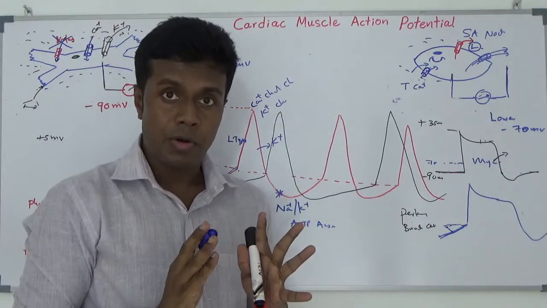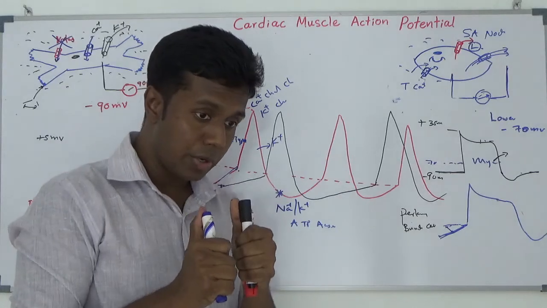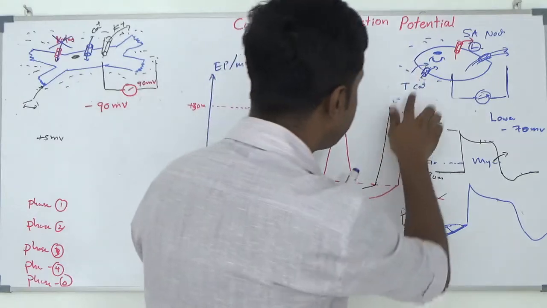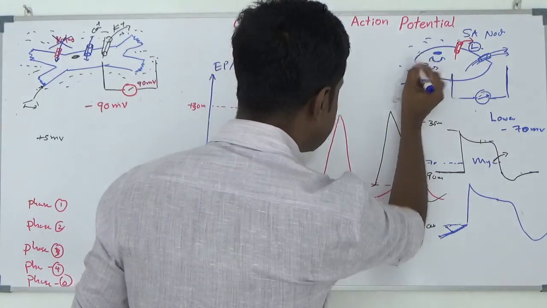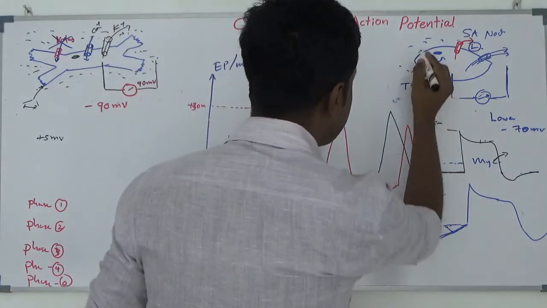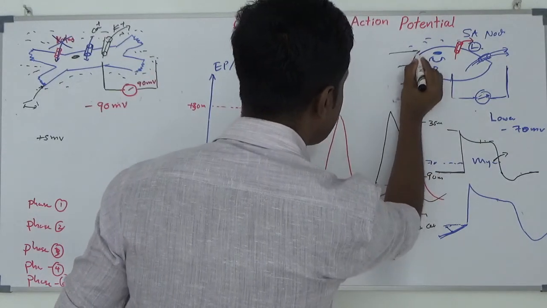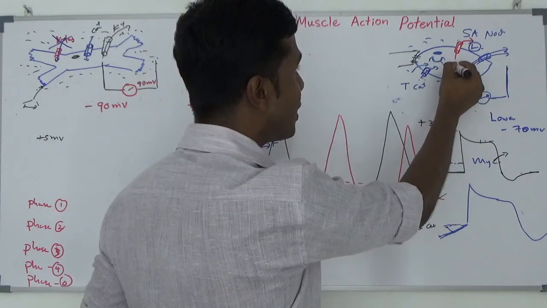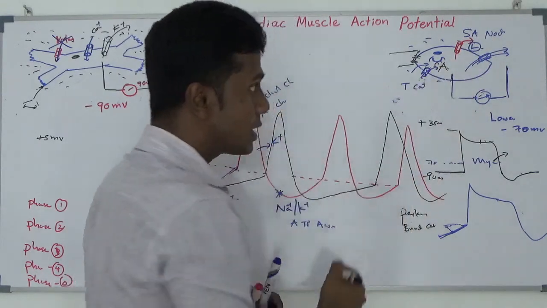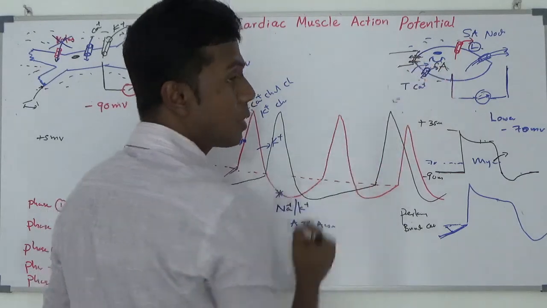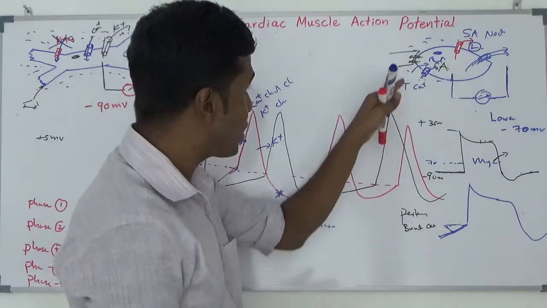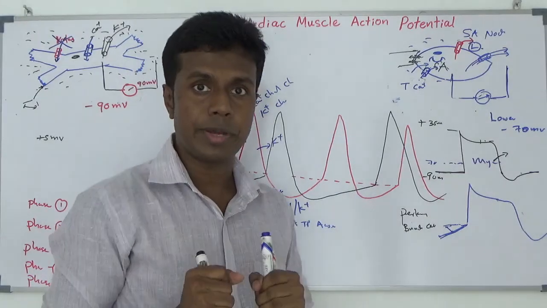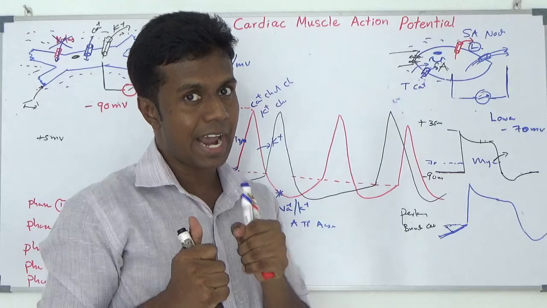Those are the electrical potentials of myocardial cells. This electrical potential can propagate to other cells. For example, here you have the SA node, and one myocardial cell is connected to your SA node via a gap junction. The electrical activity happening in your SA node can directly transmit to your myocardial cells. One myocardial cell can again directly transfer it to another myocardial cell via gap junction. Because of that, we call the myocardial cells a syncytium.